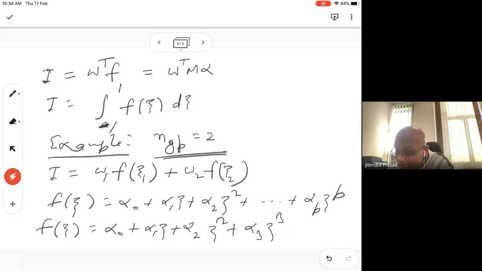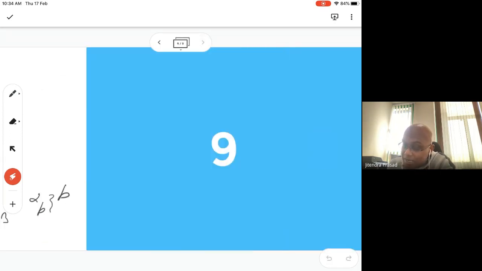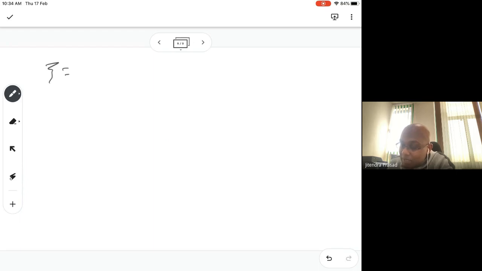Why? Because in that case you have 4 variables, 4 parameters that you can change. So this can have 4 parameters. You can also match the exact integration for these 4 parameters. Why? Because in general, when we are writing f of xi, if f of xi equals alpha naught plus alpha 1 x